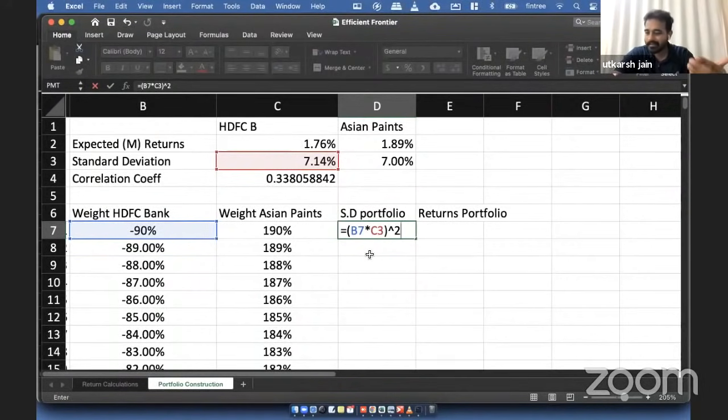So what I need to do is something called freezing, right? We need to freeze. We want to freeze the cells so that that C3 remains constant. Now, if you're on a Microsoft machine, what you need to do is just hit F4. Okay, I am currently on a MacBook, and I'm kind of reluctant to learn the shortcuts here. So I'm going to do the old school way, and I'm going to just manually go in and throw in $ signs there. Okay, so this is called an absolute freeze. It means when I call